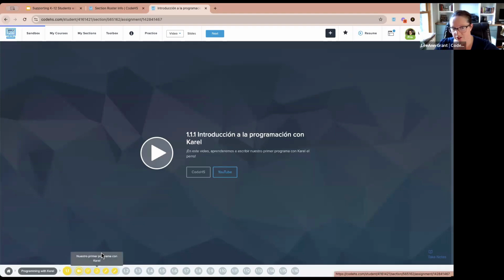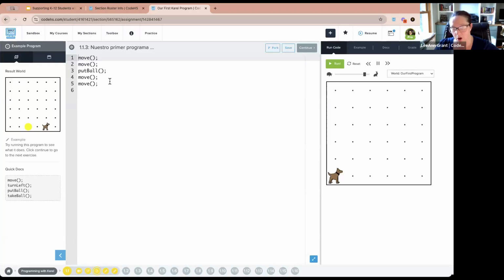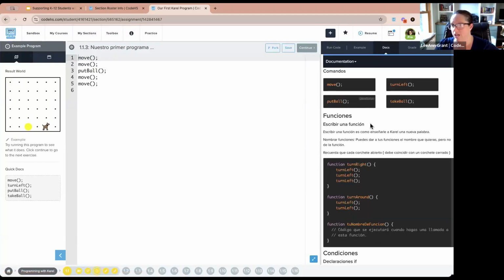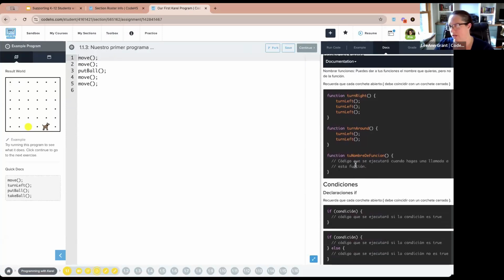And then when we get into examples, when our directions pop up, they will be in Spanish. Our code is obviously in English. Our docs section, the code and the programming languages in here will be in English, but the descriptions will be in Spanish, as well as our captions. Okay, so if we comment anything out in code that is in Spanish, you can even see that this function